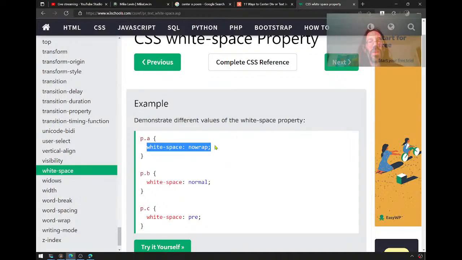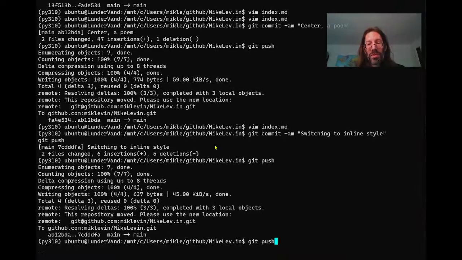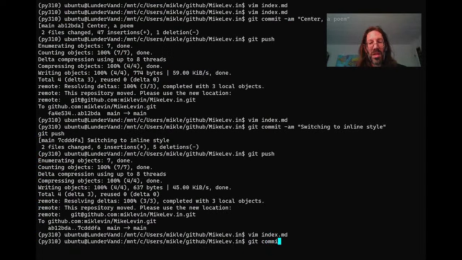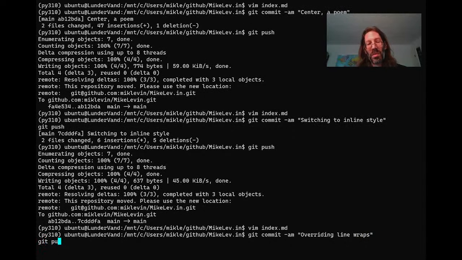One more thing to go in line. Same basic system with the semicolons to separate the different properties. I'll put a space after that semicolon because, you know, why not? Overriding line wraps. Git push.